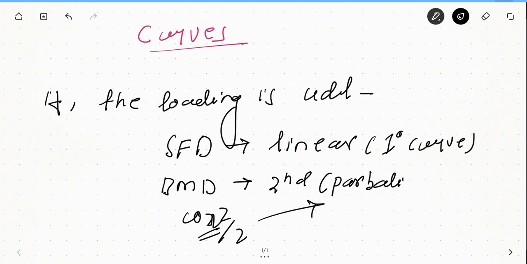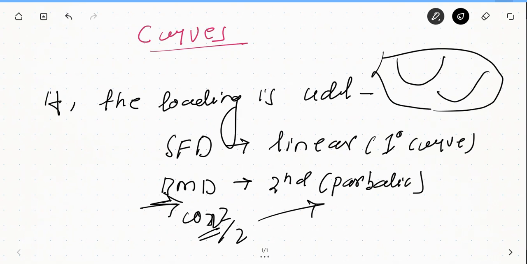So now here comes the curve, hence we must have knowledge about the curve, because sometimes BMD may be in this fashion, sometimes it may be like this. There are various types of bending moment diagram which we will obtain when we proceed further in discussion of questions. But I thought that prior to that we should discuss some properties of curve, that how do we check the increasing and decreasing curve.